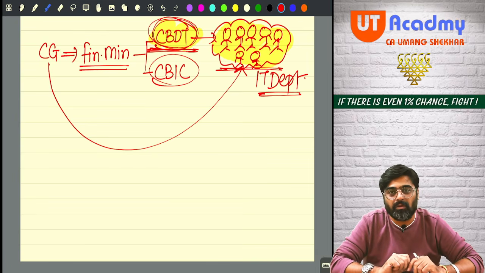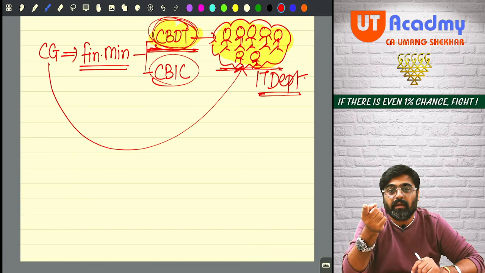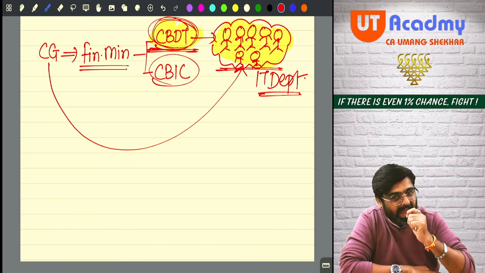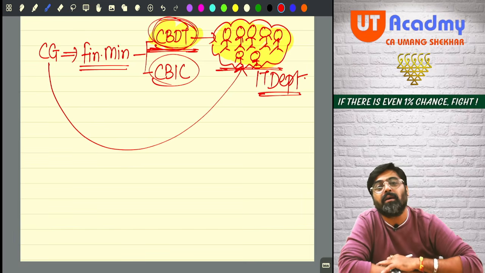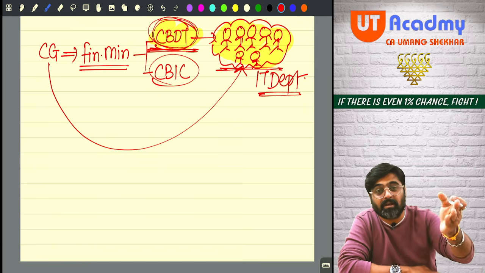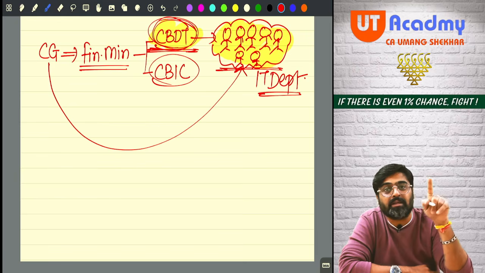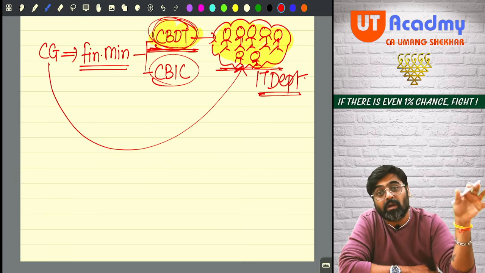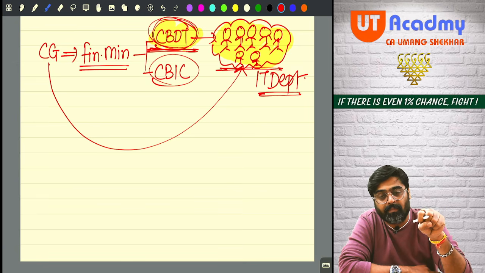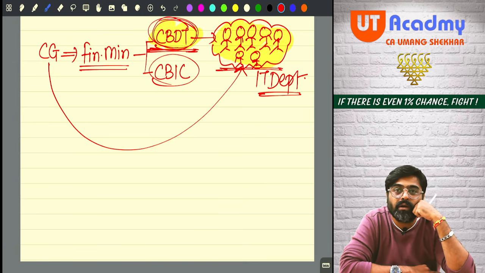And why am I telling you this? Now come to one point: tell me, who will actually be interacting with the taxpayers? This income tax department and its officers only, no? They will be directly in contact with taxpayers. They are supposed to make the taxpayer follow the law, collect the income tax from them and give it to the government through CBDT. Getting my point?